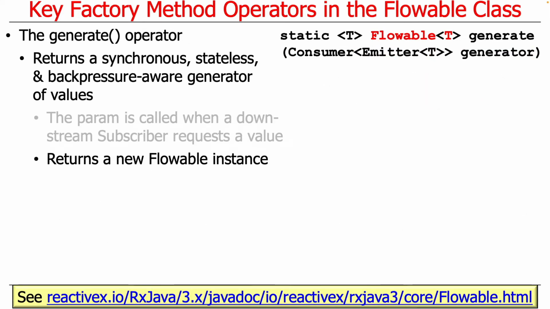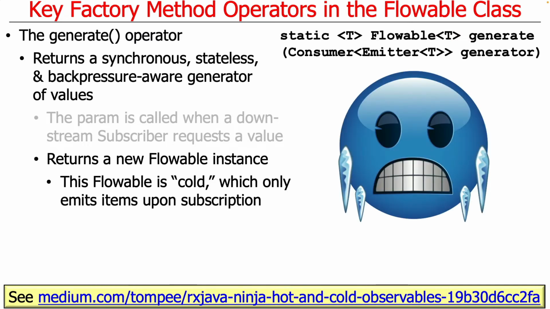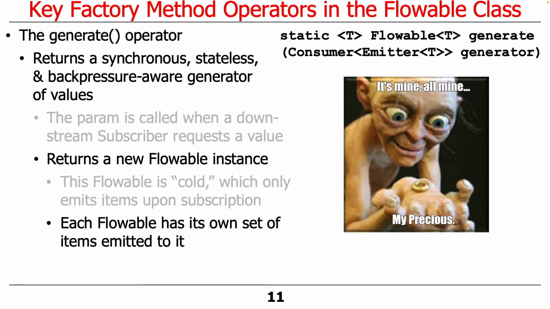The generate method returns a Flowable instance. This Flowable is also cold, which means it only emits elements when somebody subscribes to it. And as was the case with create, each Flowable has its own set of items that are emitted to it. So it'll emit the events to each new subscriber. That's in contrast to hot emitters or hot publishers, where it's generated no matter what, and whenever you join it, you just get what happens to be the